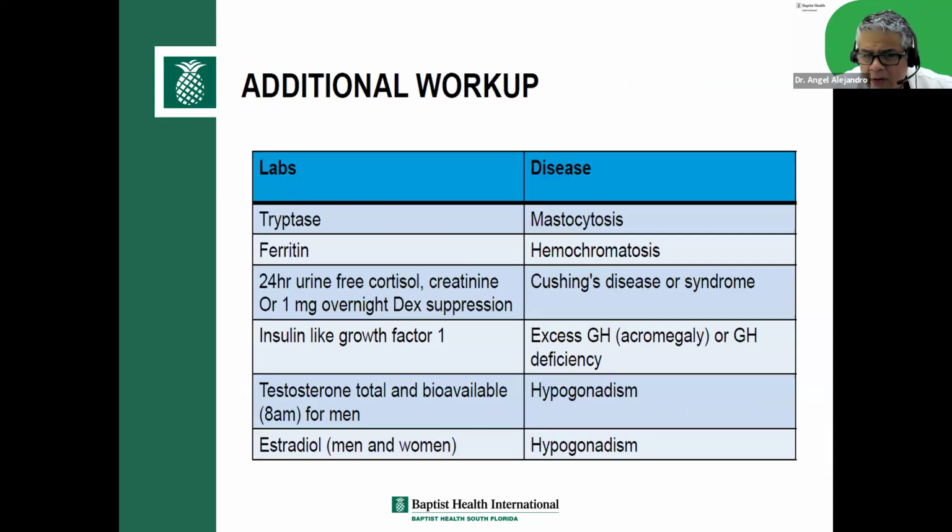These are a little more rare: acromegaly, Cushing's disease, hemochromatosis. But on this slide, I think the most important one to remember is hypogonadism, especially in men. When you see a man with osteoporosis, you have to think hypogonadism, low testosterone levels. There isn't much data on whether replacing the testosterone will prevent fractures, but what I've seen from my experience is that you want to attack it both ways. You want to replace the testosterone and at the same time treat them for their osteoporosis.